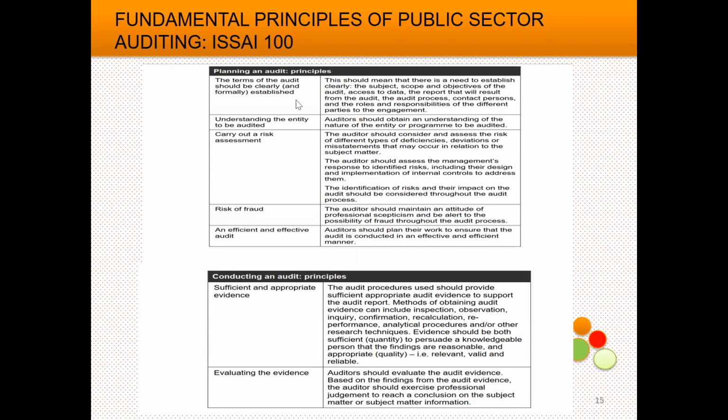So what does it mean? When you take, for example, 1, the terms of the audit should be clearly established. This should mean that there's a need to establish clearly the subject, scope, and objectives of the audit, access to data, the report that will result from the audit, etc. When you take understanding the entity, you want to know their nature, the kind of activities they carry. When you look at risk assessment, you want to understand any risk of different types, any deficiencies, deviations, etc. When you look at fraud, this is where you take on your professional skeptic cap and you are alert to any possibility of fraud. When you move on to conducting an audit,